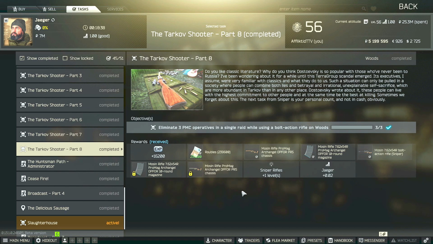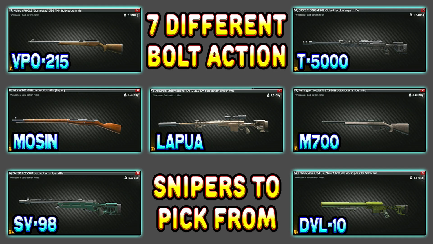Hey guys, this is the Jaeger task guide for the Tarkov shooter part 8. For this task, you have to eliminate 3 PMC operatives in a single raid while using a bolt action rifle on Woods. So for this task, you are going to have to use a bolt action sniper rifle, and there